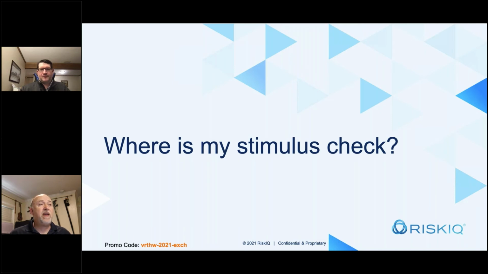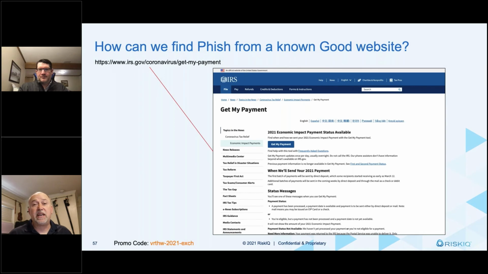With everybody waiting for their stimulus check to show up, people are constantly going to the IRS website and saying, hey, I want to know where my check is. And since this is like the third check that's out there now, people come here all the time to say, where's my check? Is it in the bank? Is it in processing? Oh, I'm not eligible. This will tell you. So if you go out to Google and you say, where's my stimulus check? You're going to get this link.